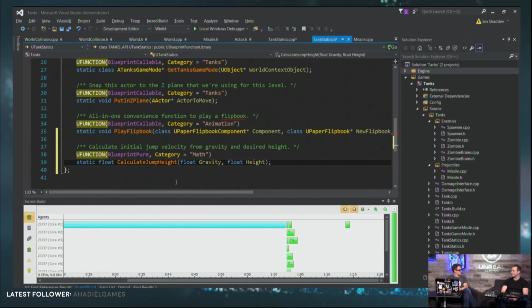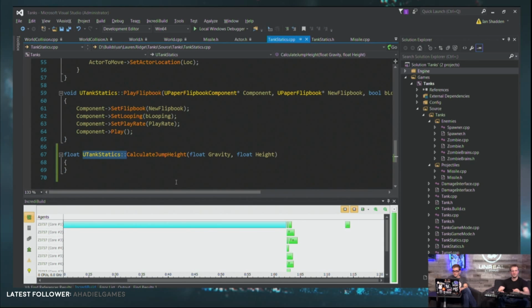And eventually, especially with things that are included almost everywhere, like if you did this in actor.h, that's going to be a lot of wasted compile time. Your compiles are going to start getting way slower, especially on big projects. On small projects, you won't notice it, or on files that aren't included in very many places, but it's just not a good practice. You just always put it over here.